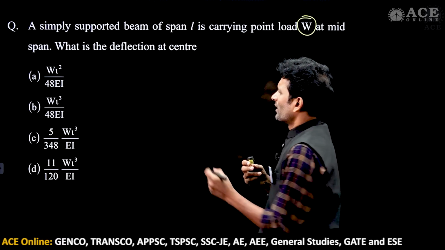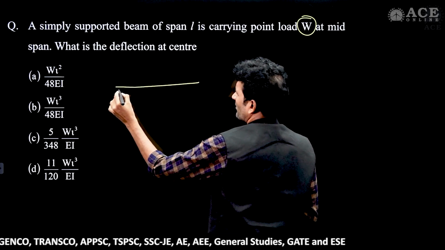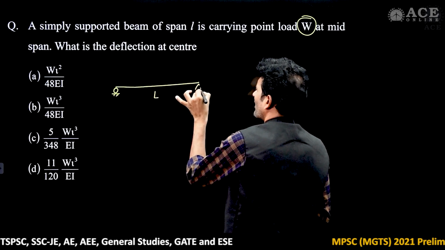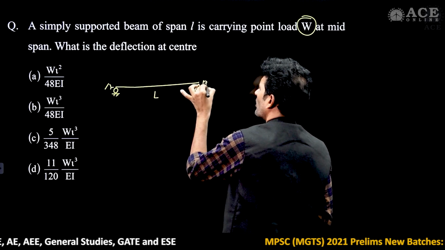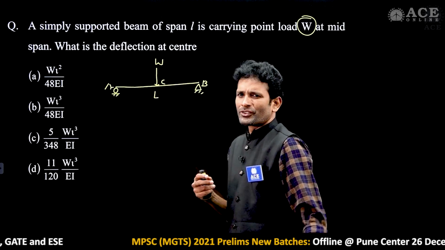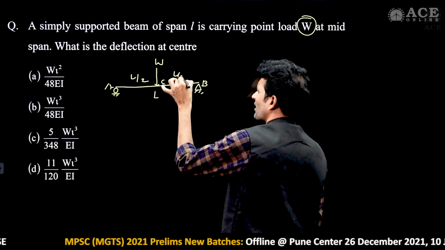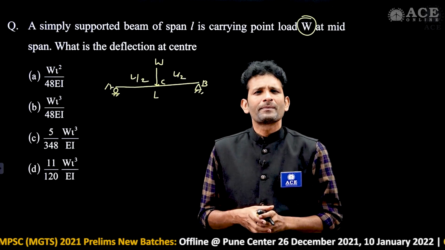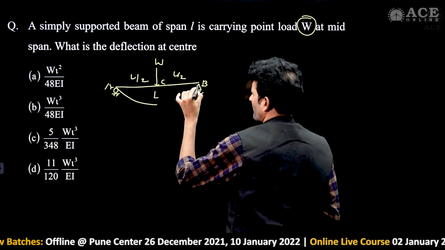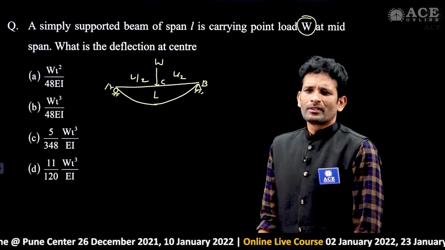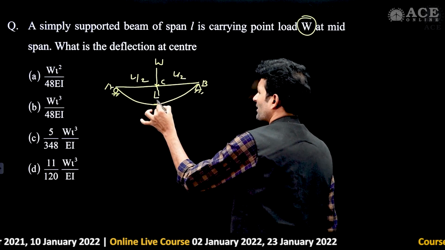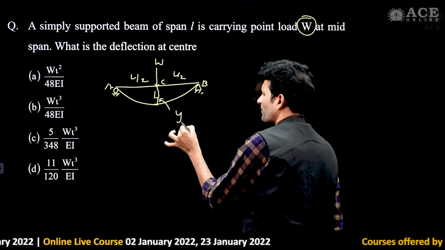For this case, we have a simply supported beam. Let us say the length of the beam is L units, and we apply the point load at the center with magnitude W, at point C. Let us take this as L by 2 and this as L by 2. Span AC is L by 2 and span BC is L by 2. Now for this case, the maximum deflection we observe is at mid-span, because the load on the beam is a symmetrical load. Under a symmetrical loading condition, the maximum deflection is at mid-span.